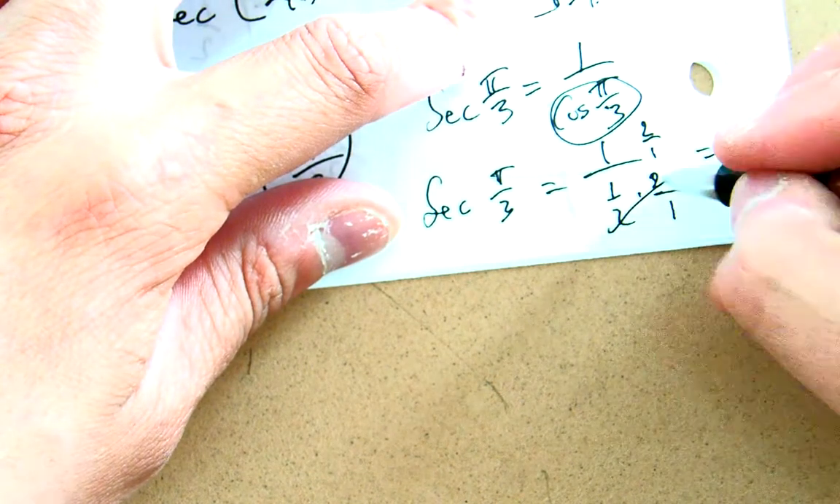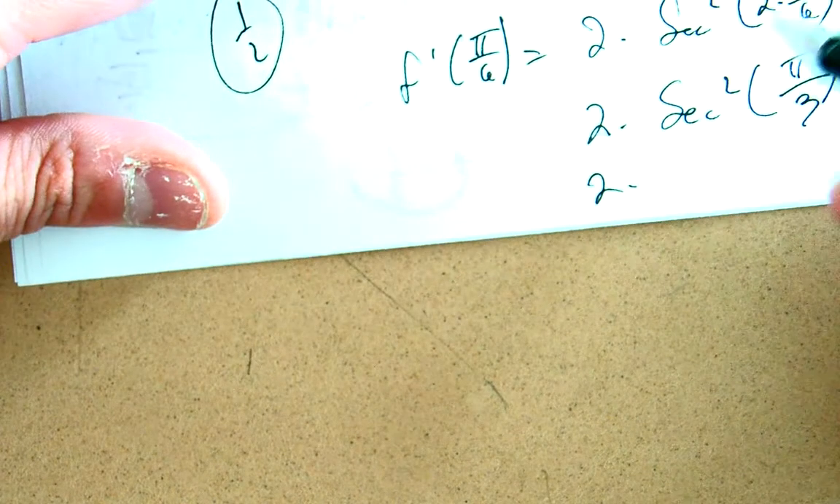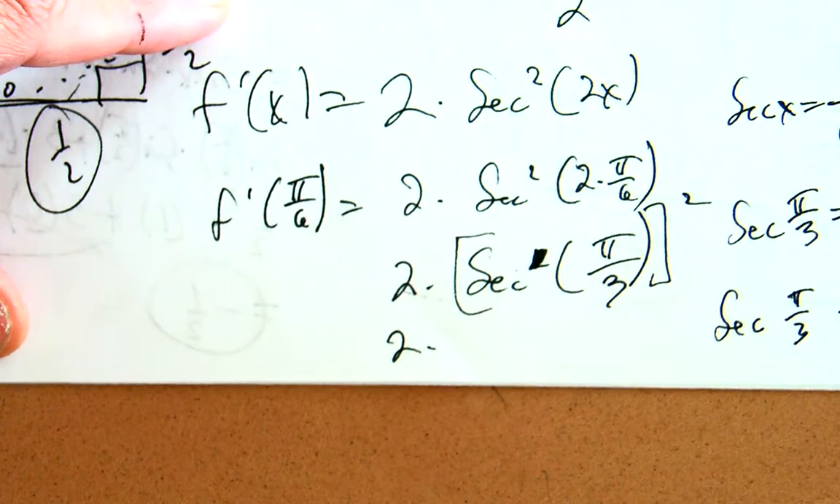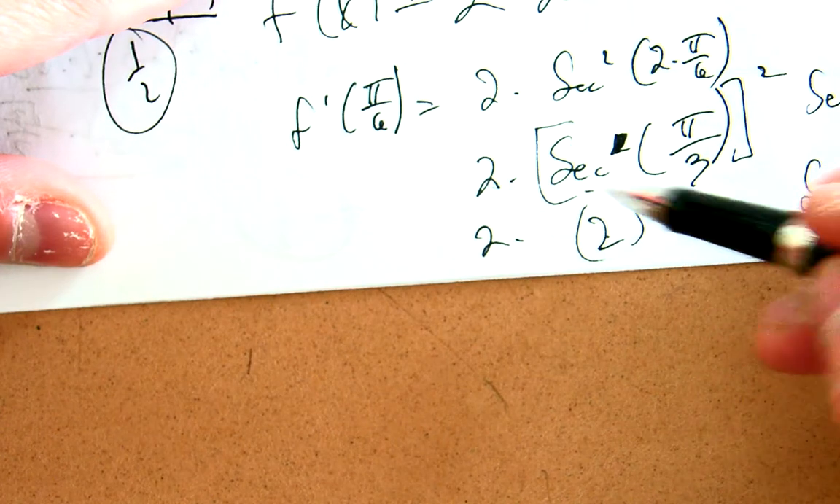It is 2. So back here, I end up with 2 times the secant of this, because remember, when you see this square, it means the whole thing is being squared here. So this was 2 squared, which is 4, times 2, which is